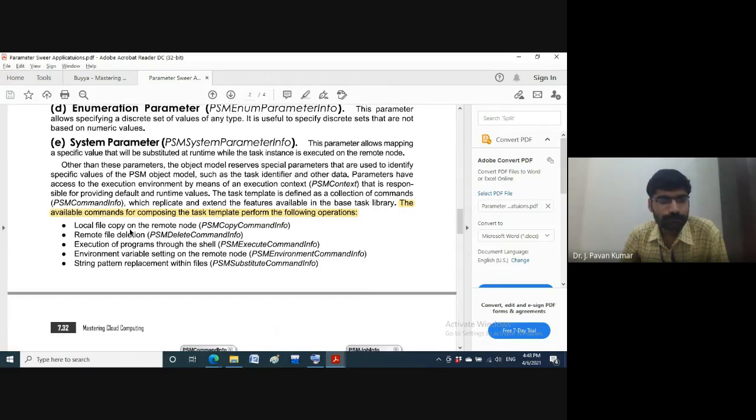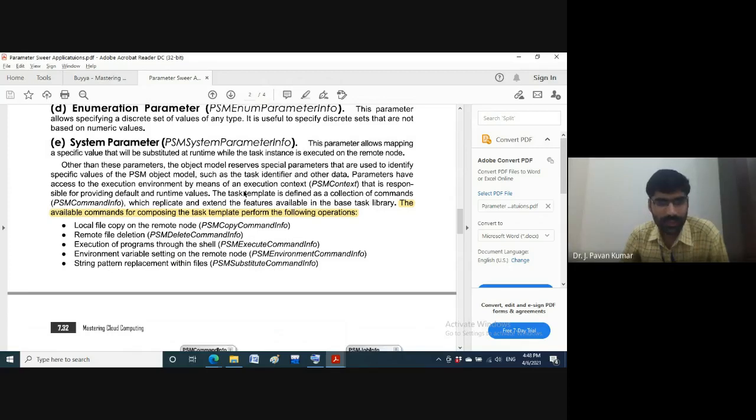Local file copy on the remote node, which will be supported by this class. Next, remote file deletion, execution of programs through the shell, environment variable setting, and string pattern replacement within a file. All these things are allowed in a template task.